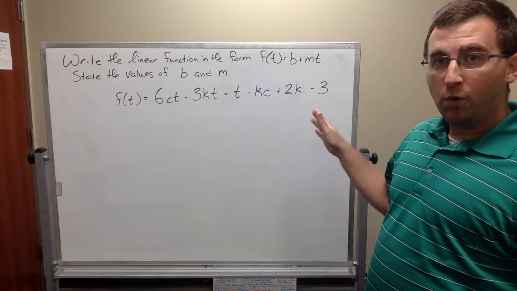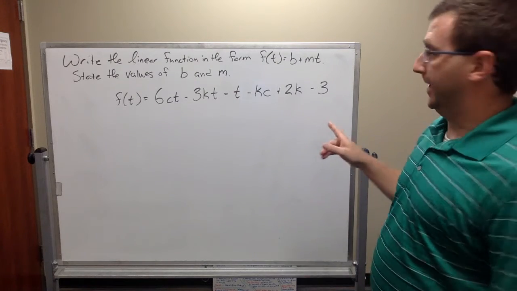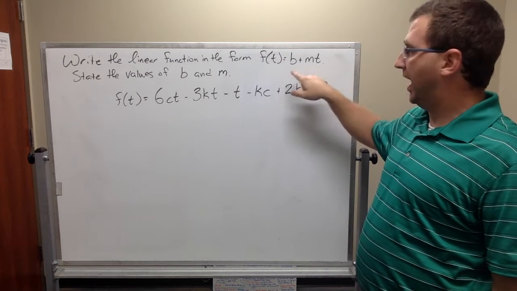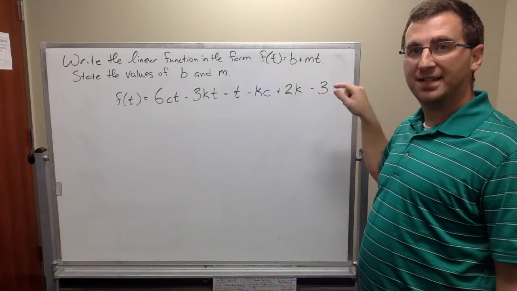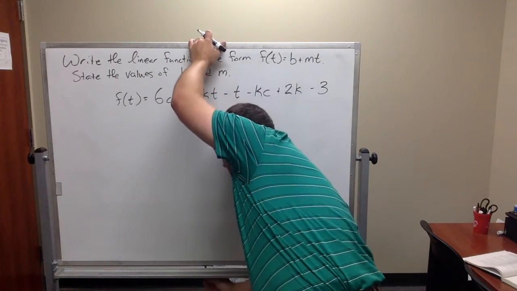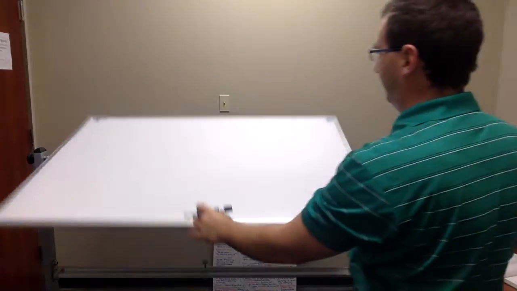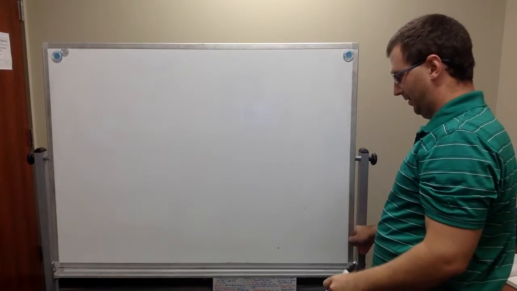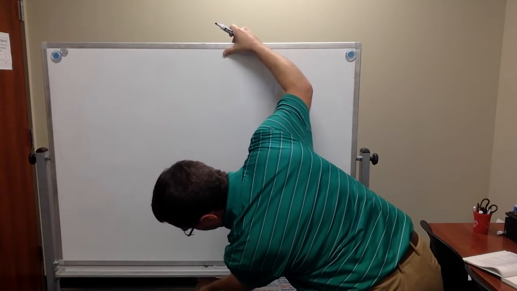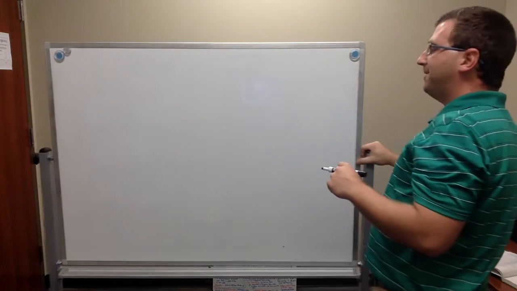Okay, before we do this problem, I need to throw this out here. A lot of students are getting confused by this notation right here: f of t is equal to b plus mt. Which is understandable. I can definitely understand the confusion. So, let's do a little playing around. f of t